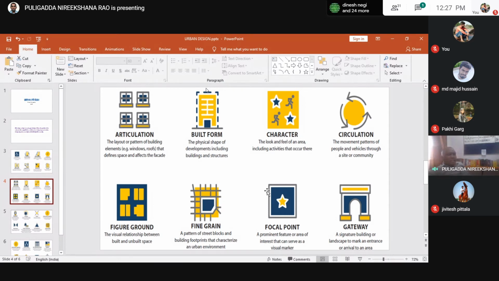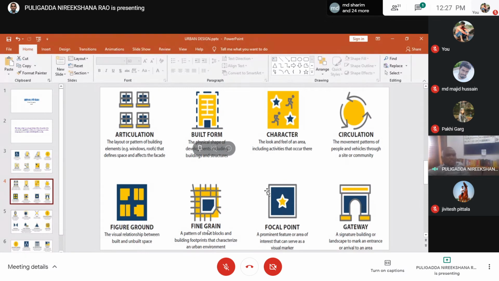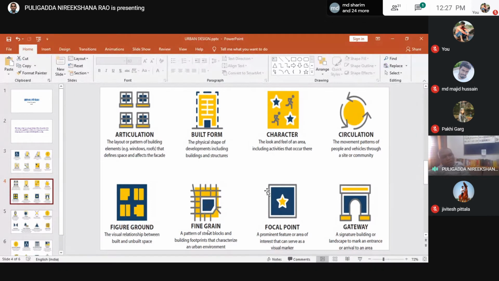There is a square, and there is a blue color rectangle or square, and within the blue there are 6 yellow color built forms. So the visual relationship between the built and unbuilt space is figure ground.